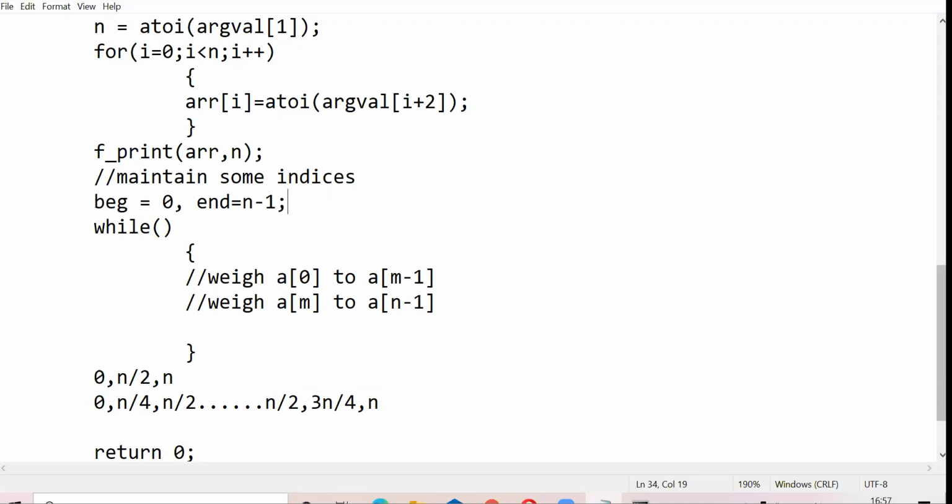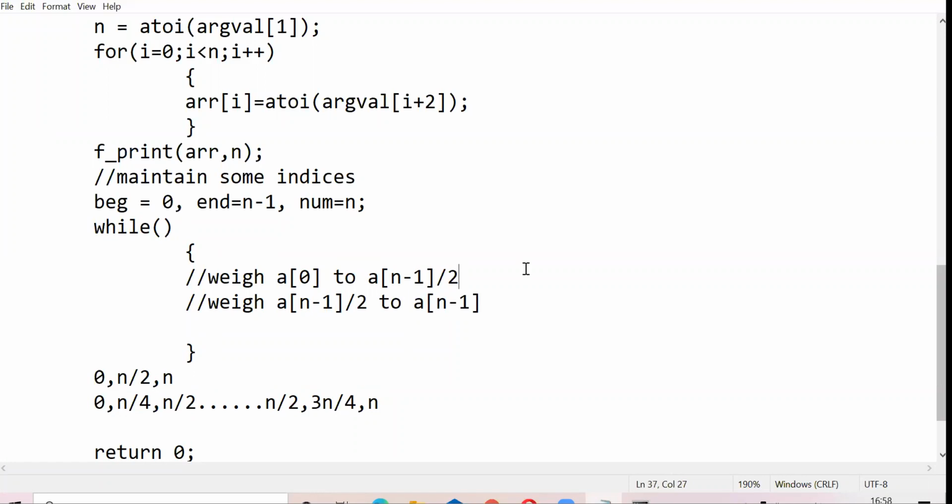And here I have n elements, and let me store that number also in num. So now I can weigh here from A0 to A of (n minus 1) by 2, and here I can come from A of (n minus 1) by 2 something to A of n minus 1. So it allows me to weigh both of these.